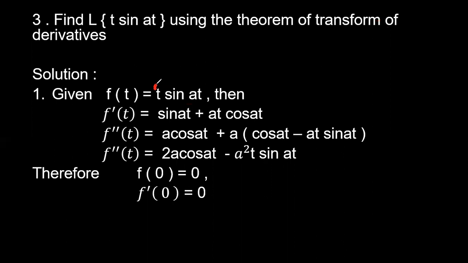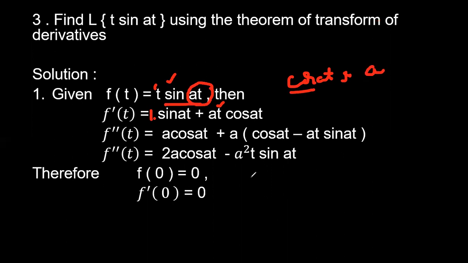So the differentiation of t is nothing but 1. So this term should be kept as a constant, sin at, plus now t has to be kept constant. The differentiation of sin at is nothing but cos at into, so this is the differentiation for the sin value. Now what we have to do? The differentiation of this term. What is the differentiation of at? It is nothing but a.